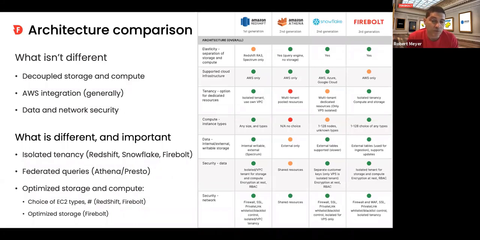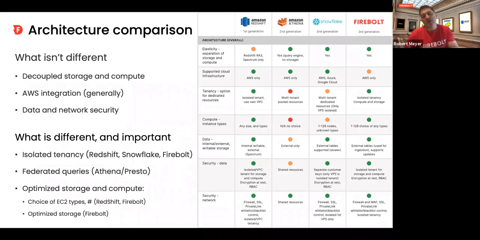So if you're a Redshift customer and you need some one-off or external table access, I think Spectrum's a good choice. But in general, think about why you need a federated query engine, because you can't have external data access and performance at the same time. Hadoop taught us that. We've learned that from Presto. So just be aware. If the data is far away, if you have to pull multiple data sources together, you can't defy the laws of physics. It's going to take a lot of time to pull that data. So it's not going to perform as well.